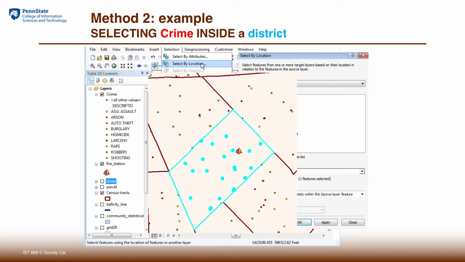For example, you're going to select from this particular crime layer, and the source feature is the district. And then we have to indicate whether we want to just count the number of crimes, or want to do something else, or report back a list of those crimes. These are available for detailed reporting.